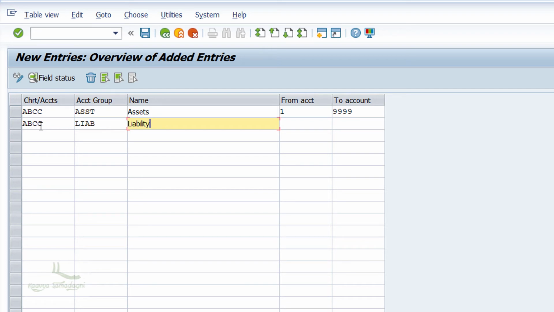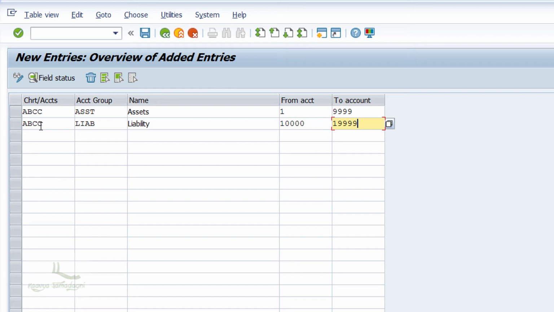So I'll give the range as 10000, that is 1 followed by 4 zeros, to 19999.